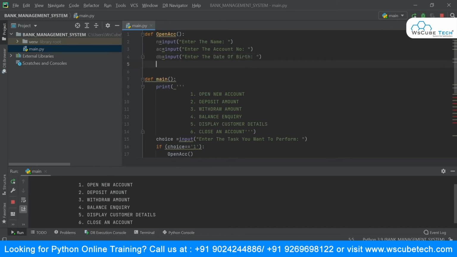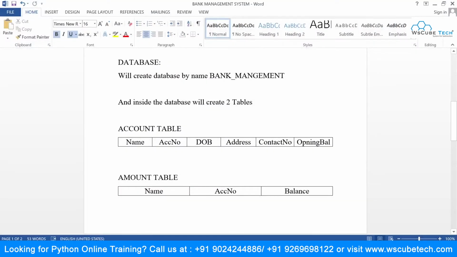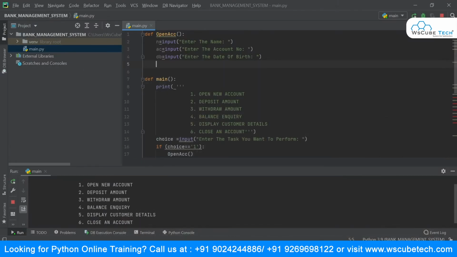Then the next field is address, so we'll say address is equal to input, enter the address.